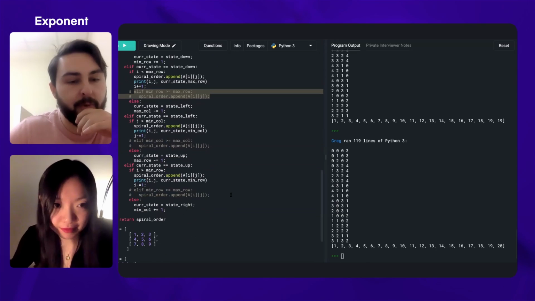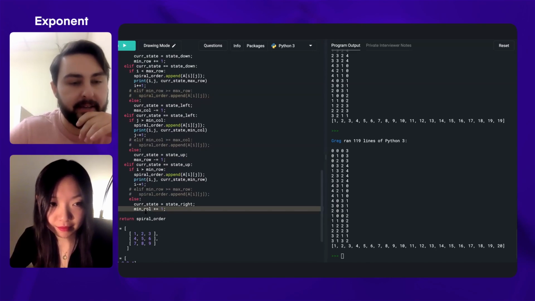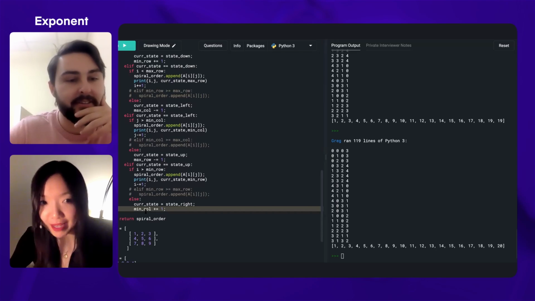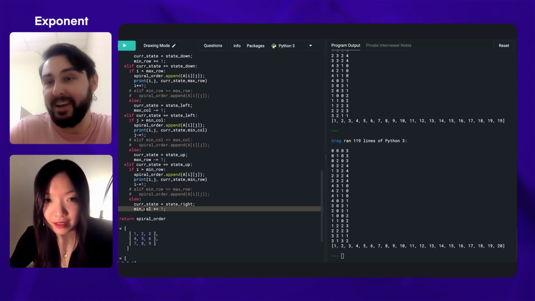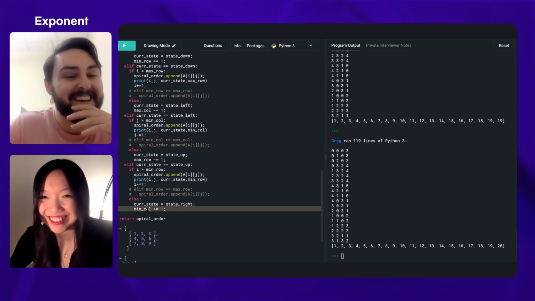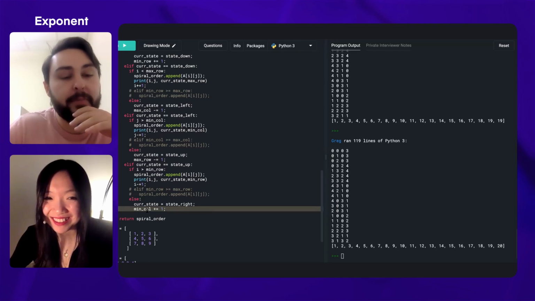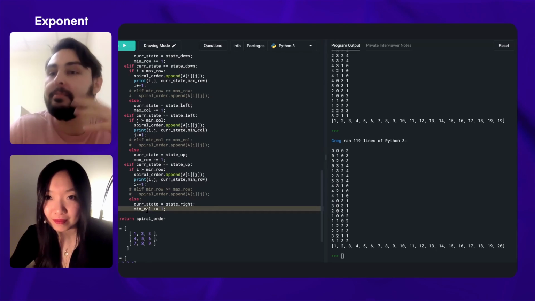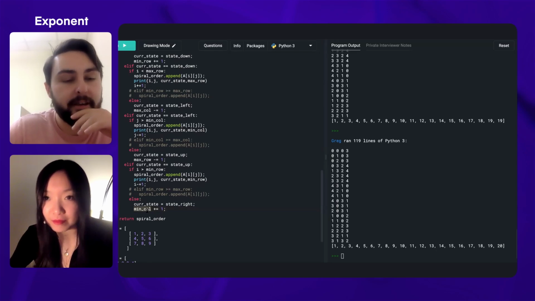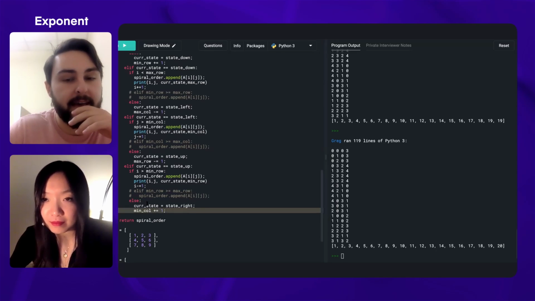The first one was I was accidentally updating the wrong element, which I'm surprised worked, but it did. It could have been because min column and min row might be symmetric. Maybe that's why it worked. The other case might be that